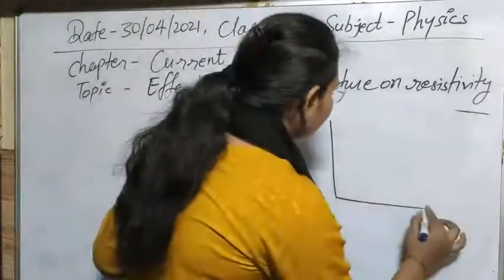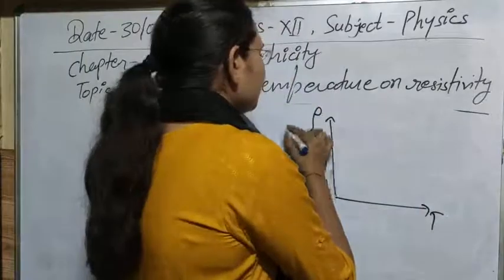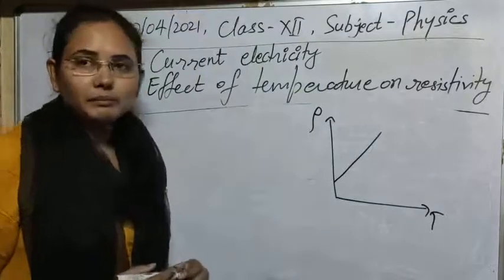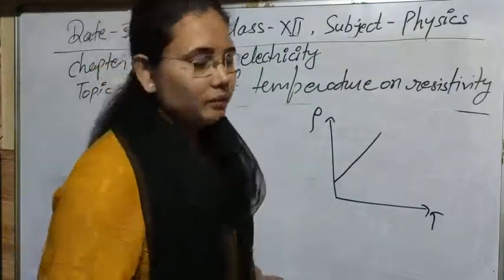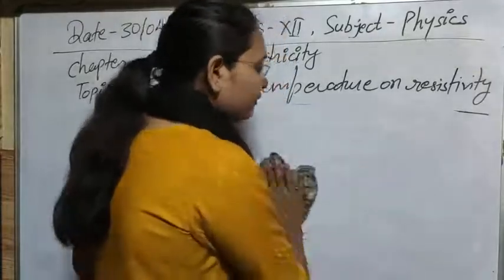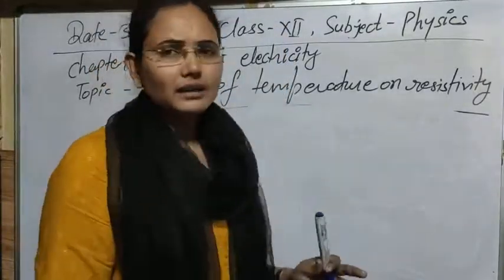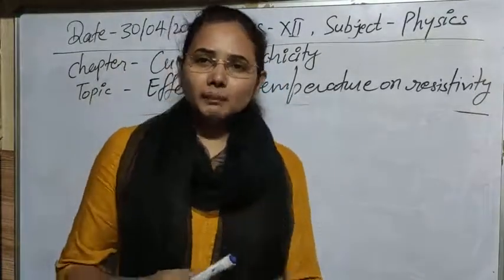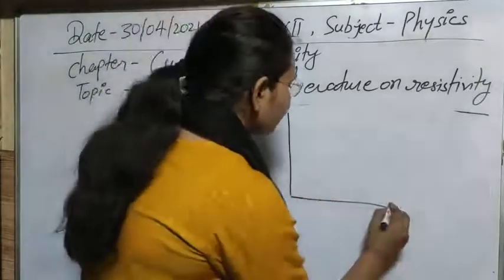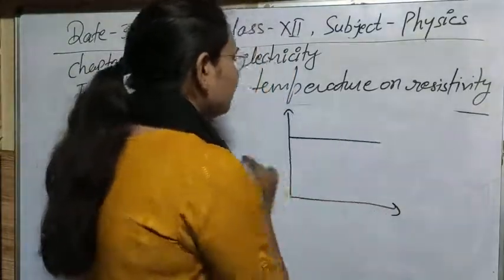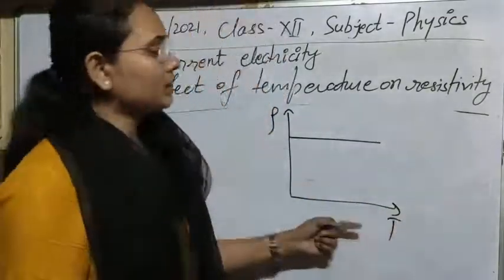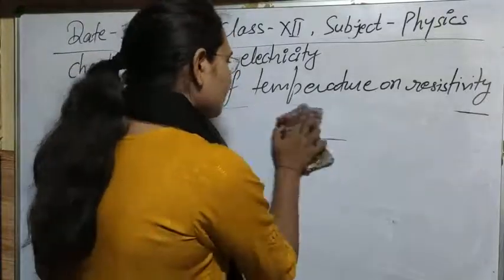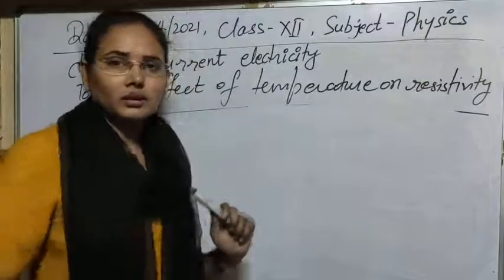So if you want to just plot the graph for the nichrome, with resistivity on this axis and temperature on this axis, then this graph is obtained in such a way. So there is a very small dependence on temperature for the nichrome. And for manganin, if you draw the graph, the resistivity is very high, so it is almost independent of the increase of temperature, because the resistivity is already high. So it is basically nearly independent of temperature, and you can plot the graph for the manganin here.